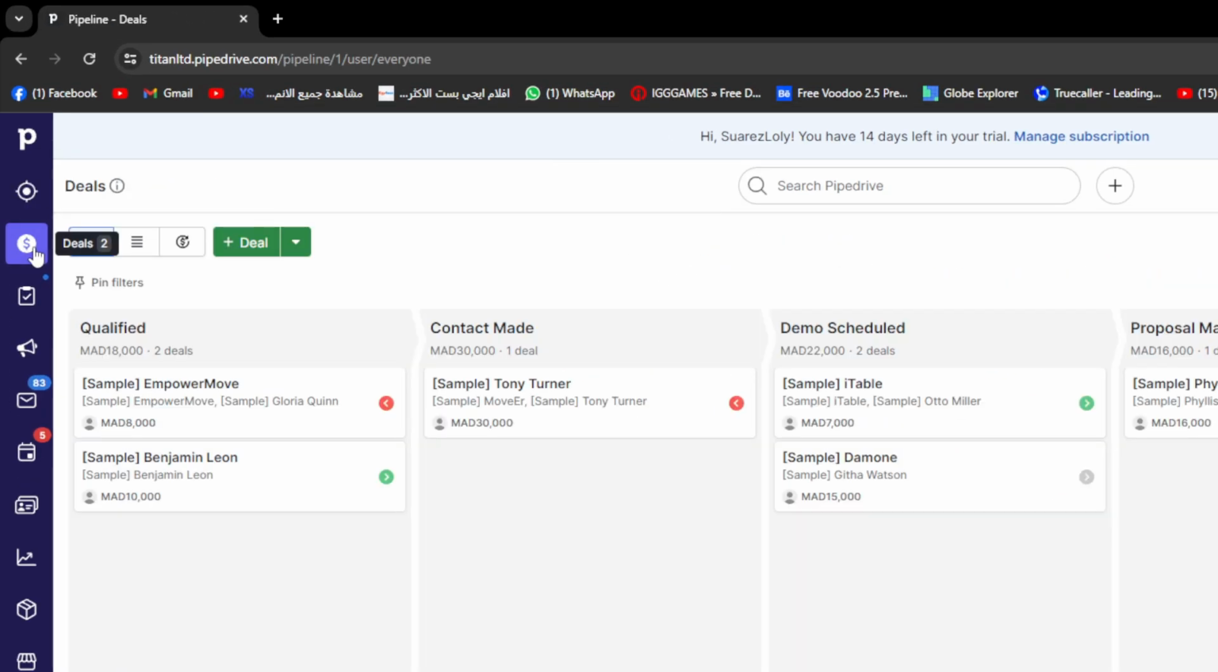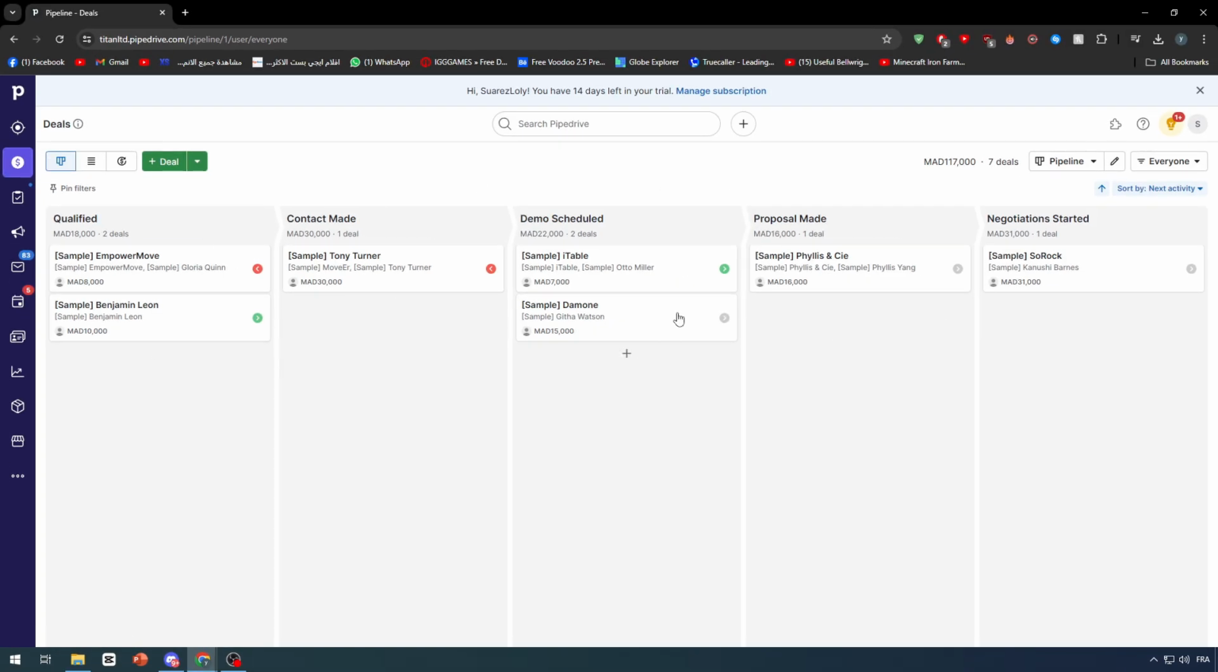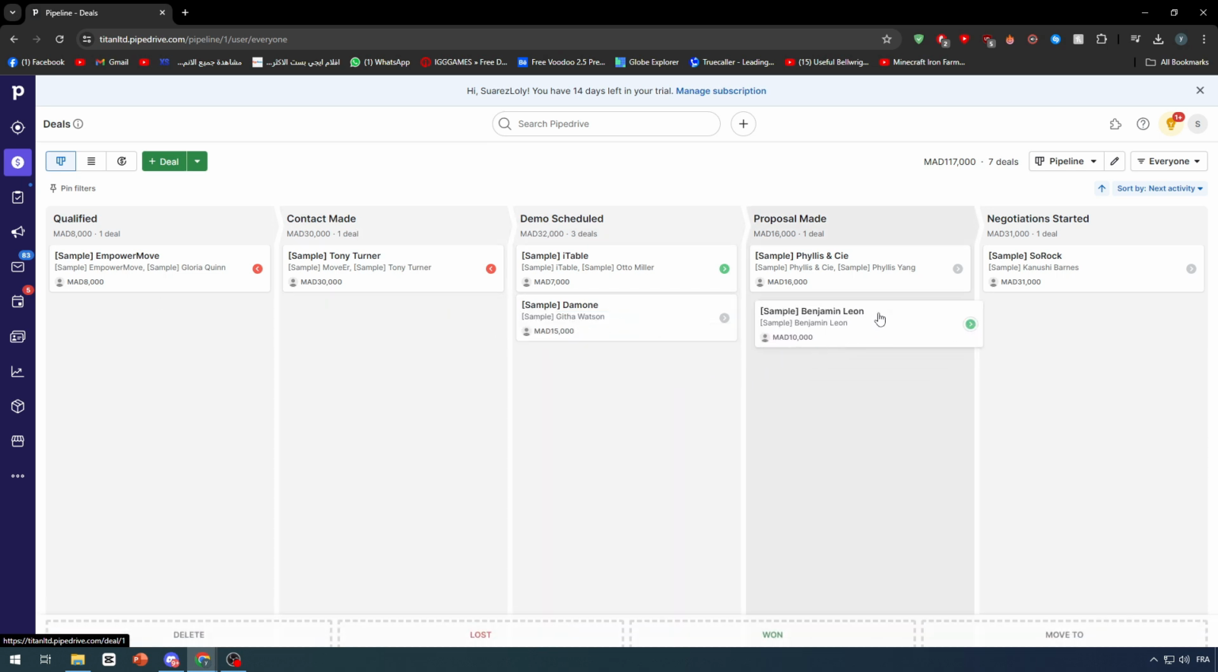Second of all, there is deals. Here you can track every single deal that you have, with the numbers, with the goal, qualified, contact made. You can literally make a plan on how the deal should go, so you can make a whole process of a deal right here. And basically once the deal has gone from qualified, to contact made, demo scheduled, proposal made,